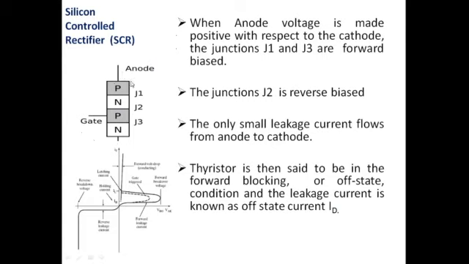Similarly, what happens to J3? Here we have connected a negative potential, the negative of the power supply. This is n-type material, where electrons are the majority charge carriers. These electrons are not attracted here because of repulsive force. So these electrons will go away from this negative potential, and they will try to cross this junction.